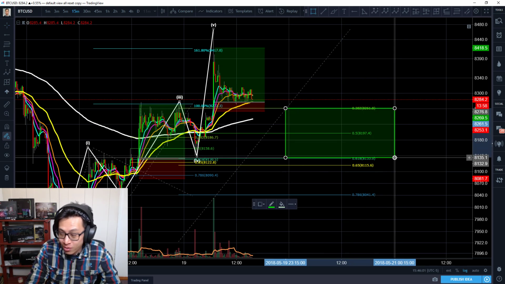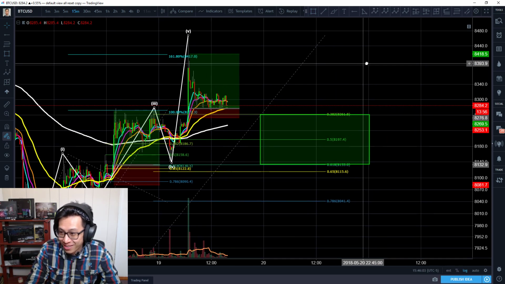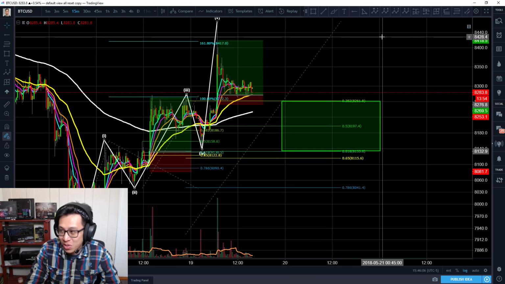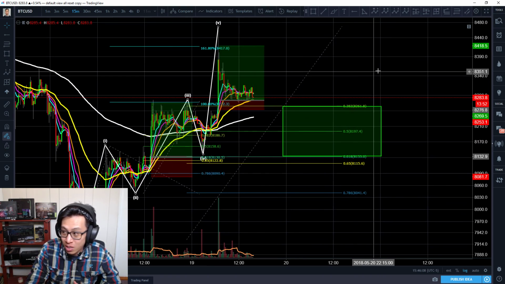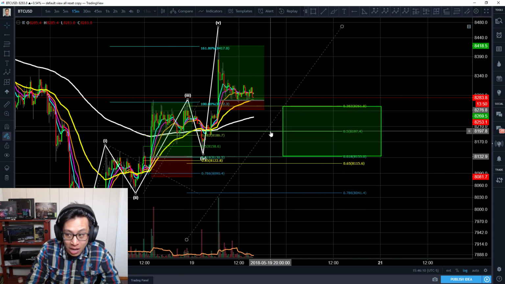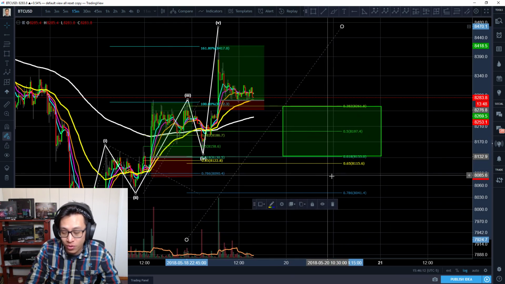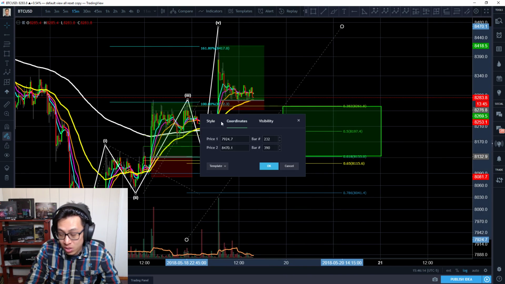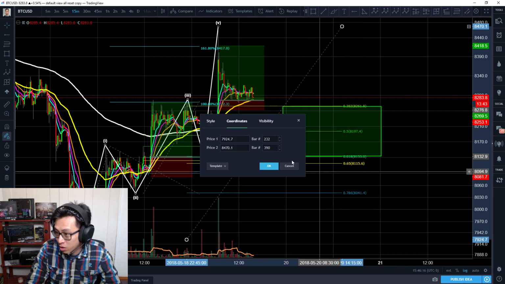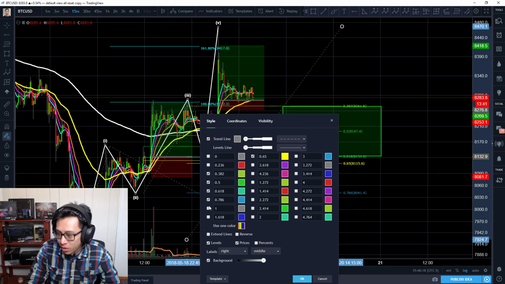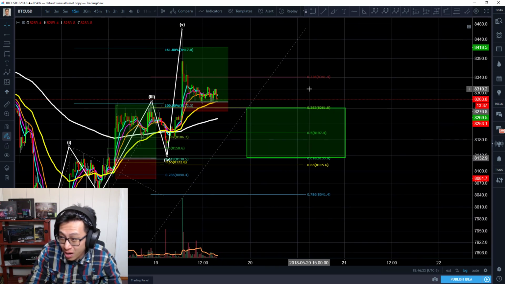May never get there. Once again, guys, I'm not a fortune teller, but if it bounces anywhere off of these regions, great. If it bounces right here, then that means it would only have retraced a total of the 382, or not even 382 actually. Let's try to double click on it, but nothing's working. So here we go. I'm trying to open up 236, which only happens about 4 to 5% of the time, right? Not even.